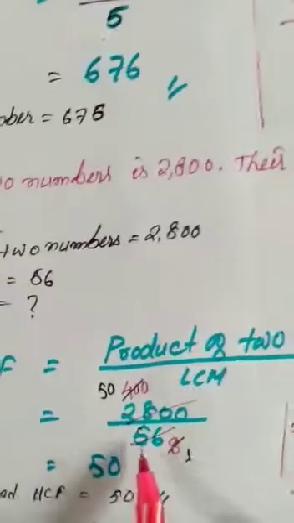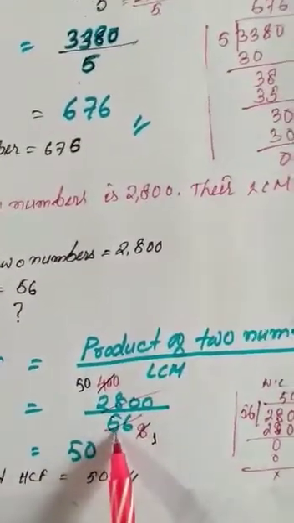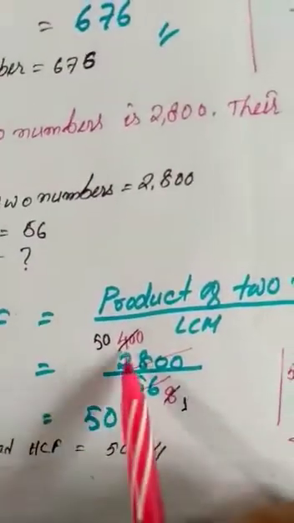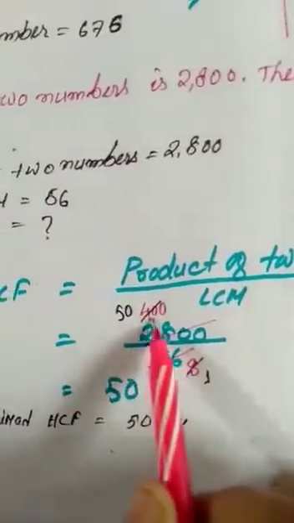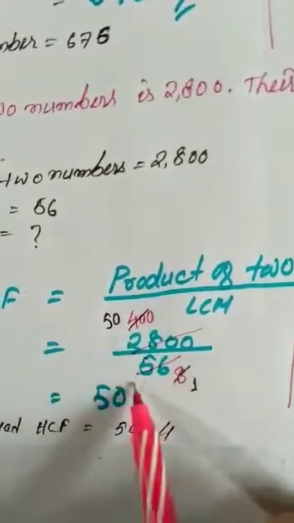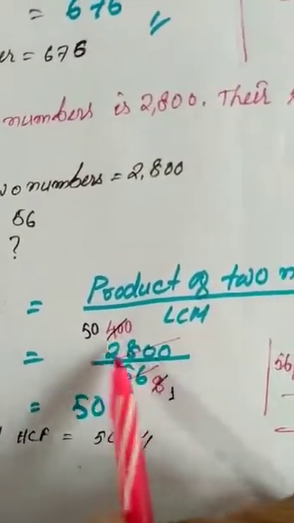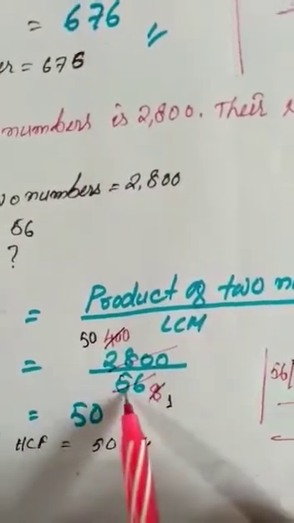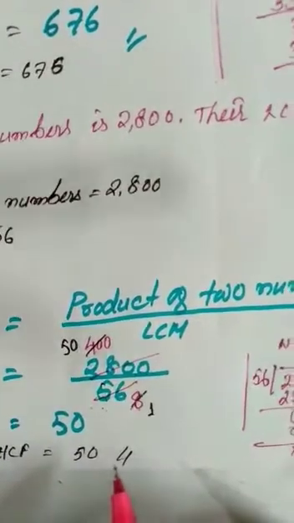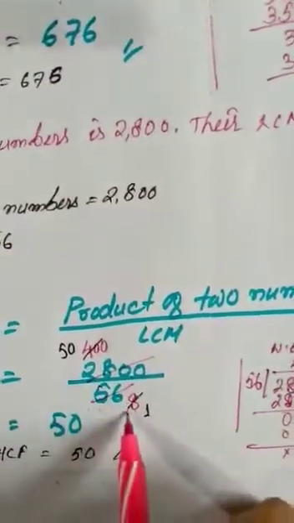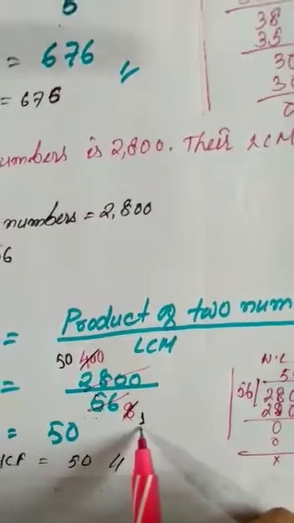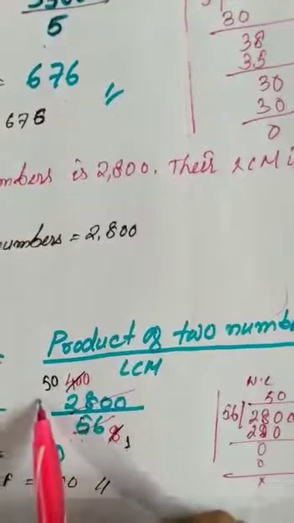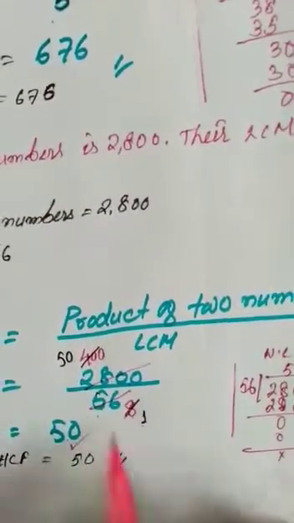So students, see here, 56 is a multiple of 7, and 28 is also a multiple of 7. So 7 fours are 28, and then this 0 we will write here, so 400. And 7 eights are 56. So we reduce it by 7, as 7 is a common multiple. Now you can see here, students, 8 ones are 8, and 8 fives are 40, and this 0 will come. So 8 fifties are 400. Okay, so the answer will be 50.